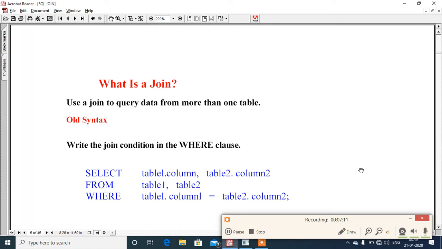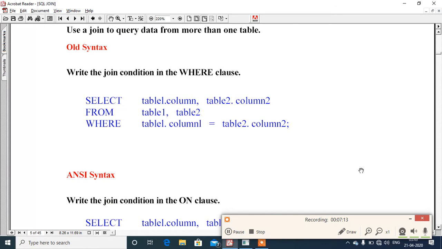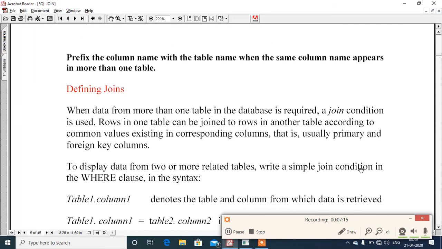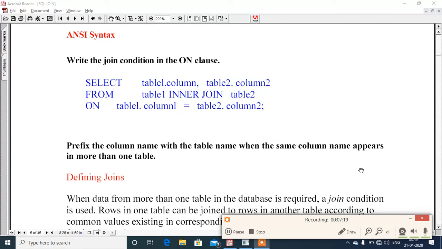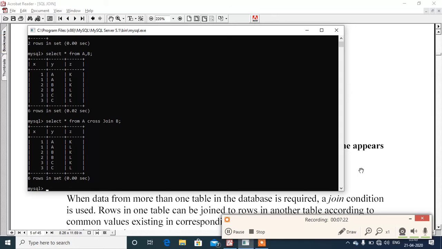For example, if we talk about the join operation, I'm going to give it by an example. You can see we are having two more tables. I'm displaying it. First of all, DESC DEPT.